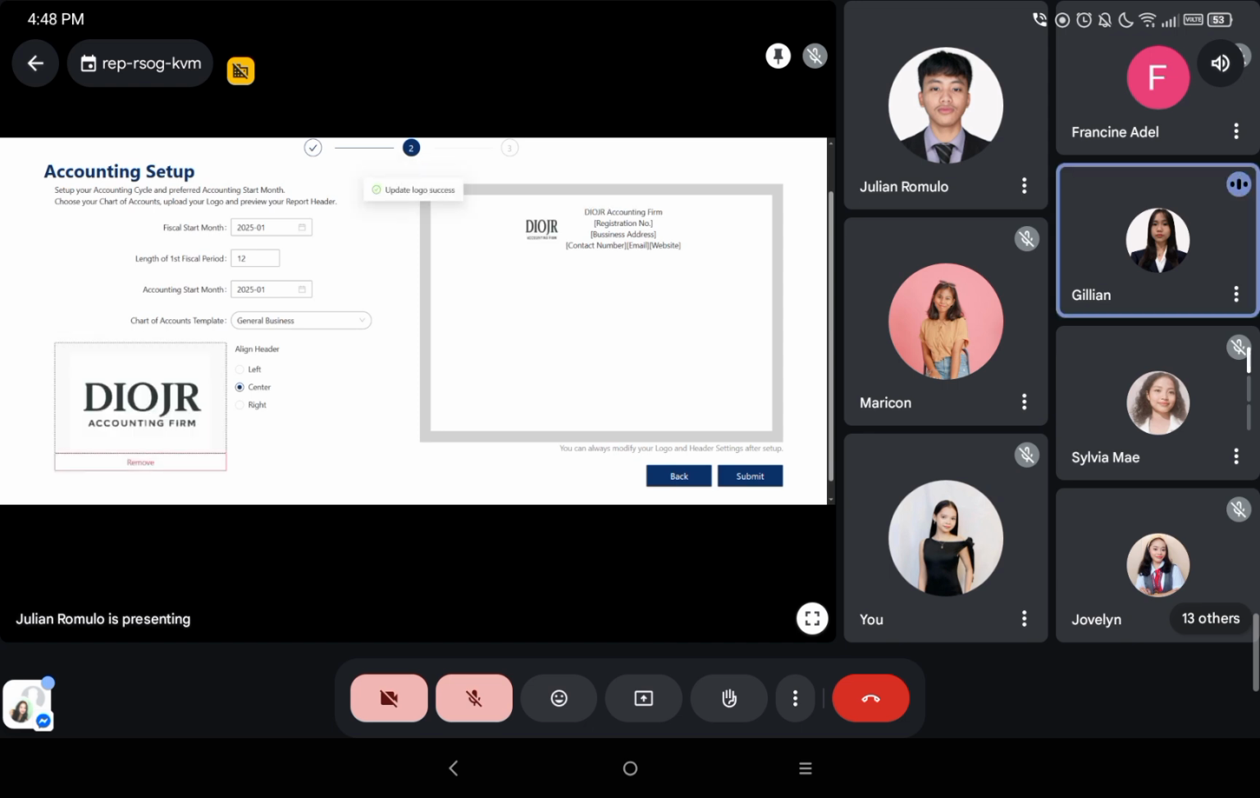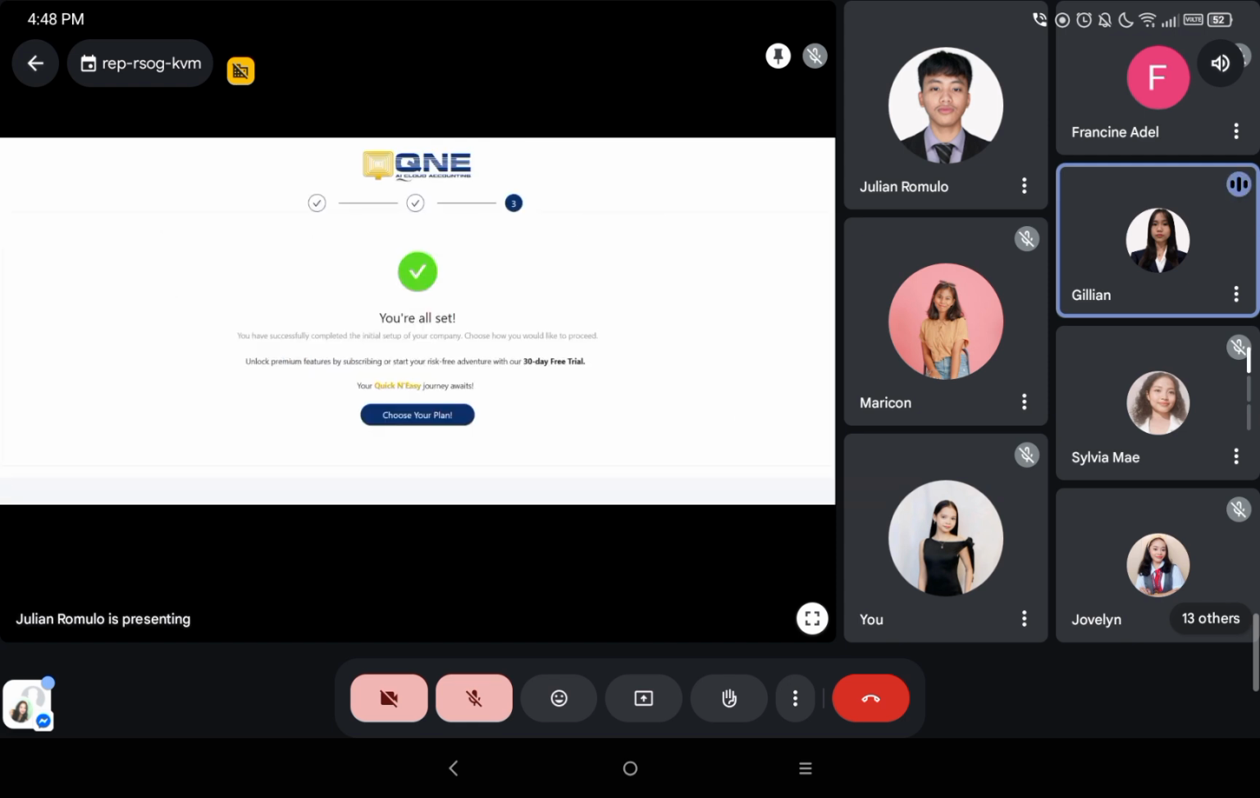For the next part, you may look on the internet for a sample logo, or you may also upload your company logo. You will also see the header template at the right side. After checking every information, click submit. Yan, kapag lumabas na po yung you're all set in the screen, ibig sabihin tama yung setup and registered na siya. So, ang next step is to choose your